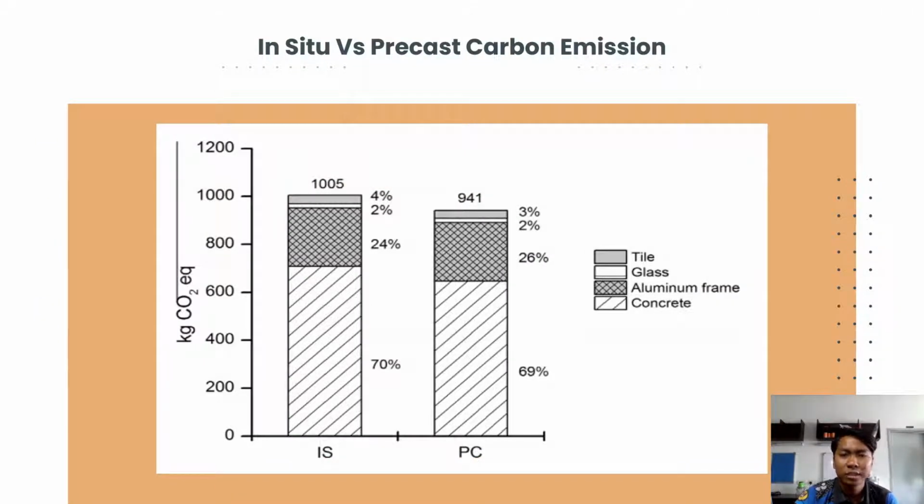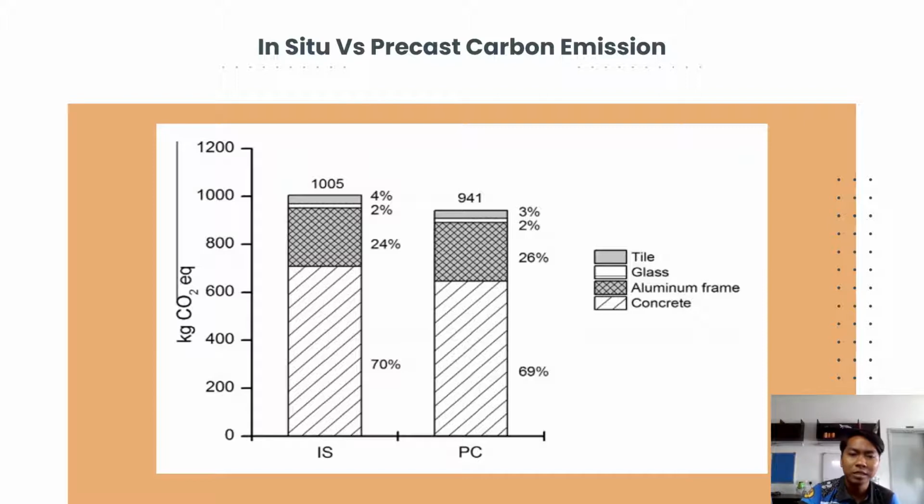In situ versus precast carbon emission. Based on previous research that has been done before, we could see the amount of carbon dioxide emission that is released by in situ concrete and also precast concrete. You can see the left side is the in situ concrete having a lot more carbon emission compared to